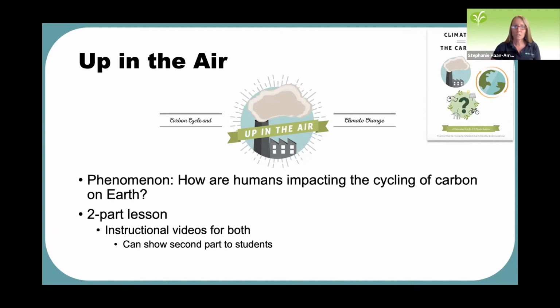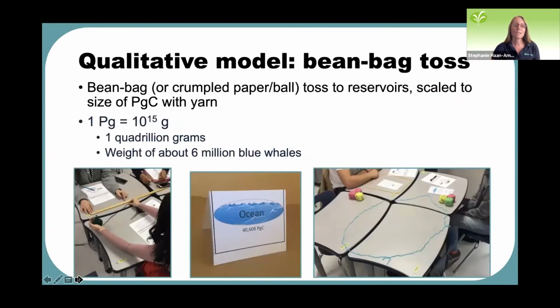All right, so I wanted to just give you an overview of both parts of these lessons. Part 1 is a qualitative model. It involves a beanbag toss. You can see in that photo down on the right, students actually cut yarn to scale a model.